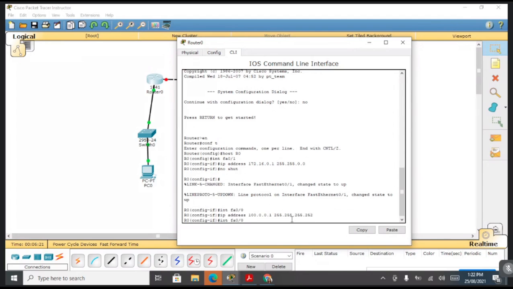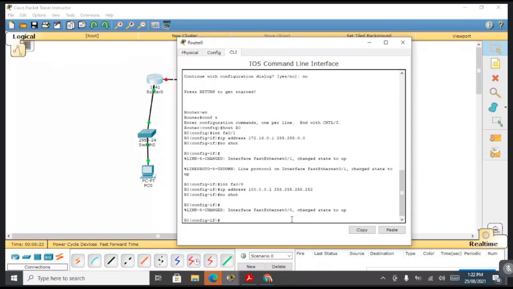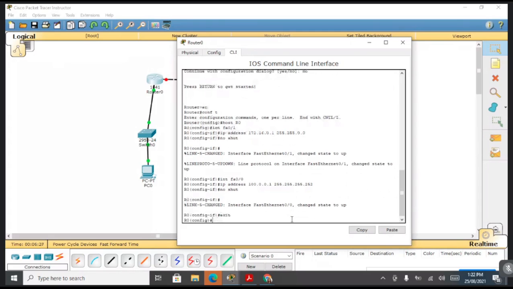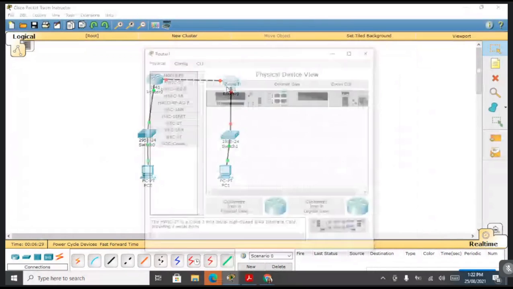Then no shut to start it, and then press exit. तो यहाँ पे अपना R0 हो गया. Now go to the R1.